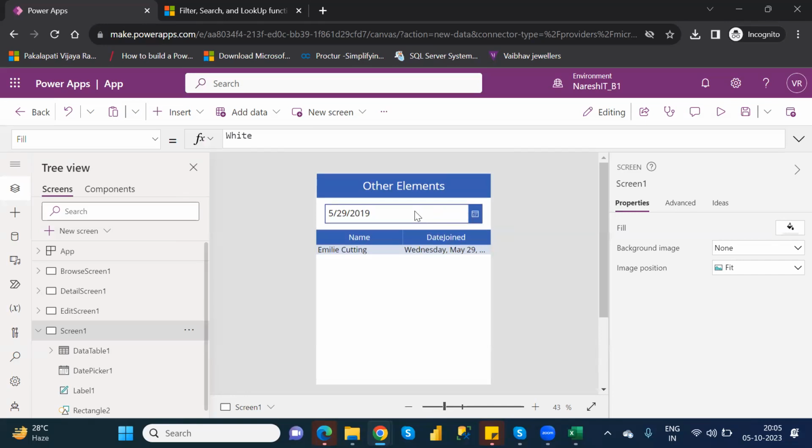So up to now, we didn't discuss anything on date picker. Date picker is the one with which you select a particular date. That's it. That is the date picker. So for that,